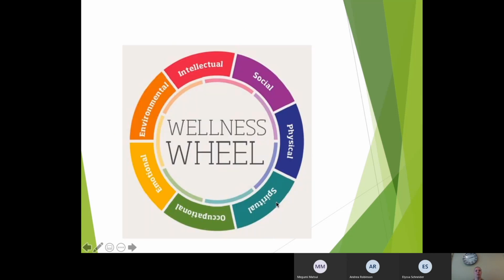So we have this wellness wheel, and within the wellness wheel, we have spiritual components, your occupational component, so what you're doing for work, emotional component, environmental component, intellectual, social, physical. And we've already discussed the physical and spiritual and emotional components, but occupationally, you may be in an environment where it's very toxic as far as your occupation. You might have a high amount of stress. You as an individual may not be able to handle the type of occupation that you're in currently,